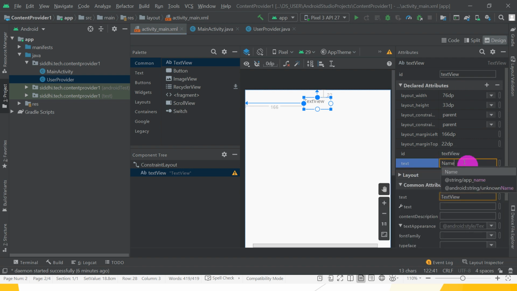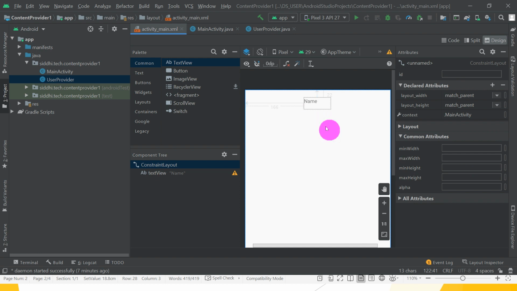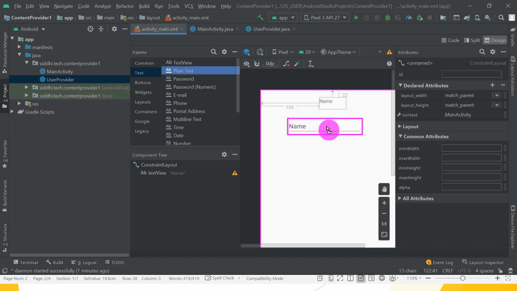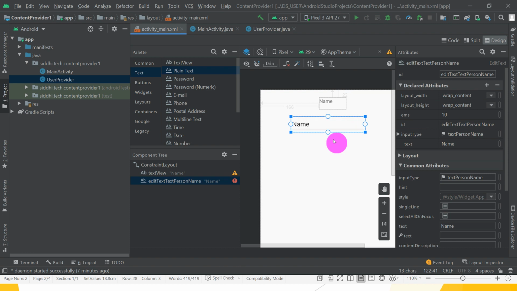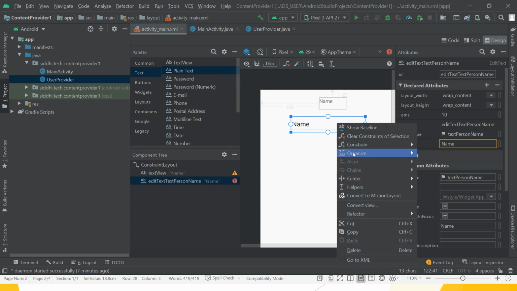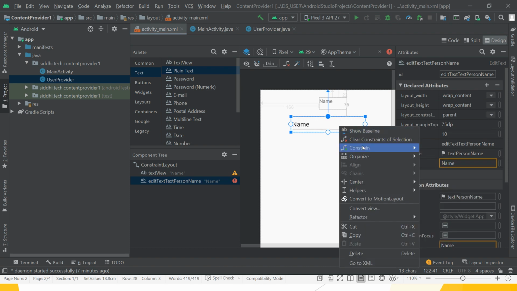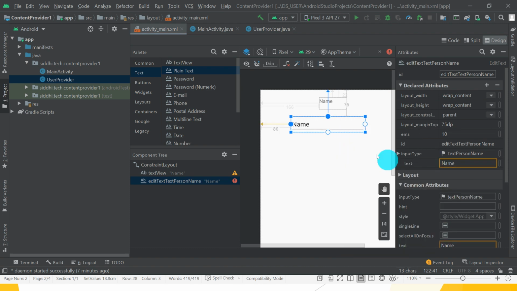We want to insert the name here, so give the text as name. Great, hope you understand, guys. After that, take one plain text view on your activity main.xml file, then give its constraint from the top parent and constraint from the parent start.